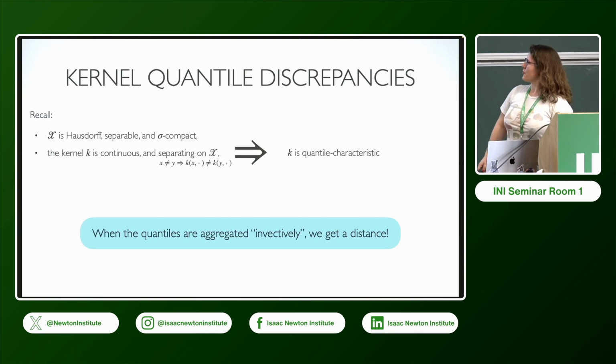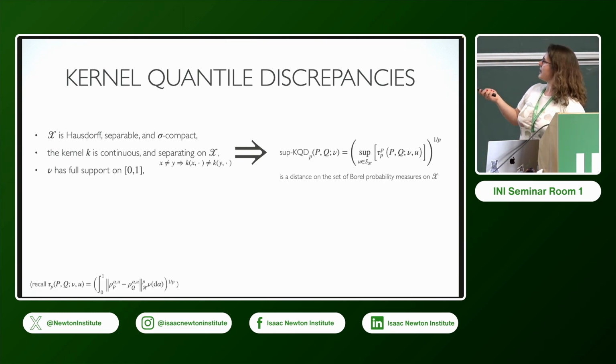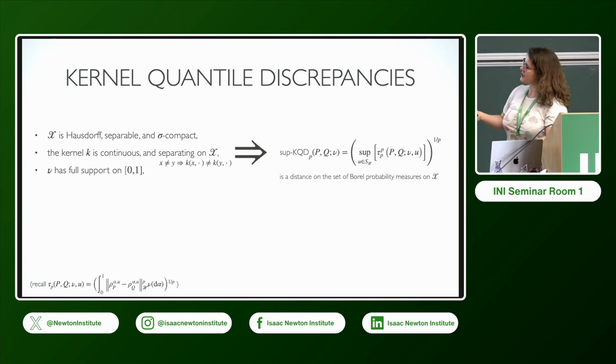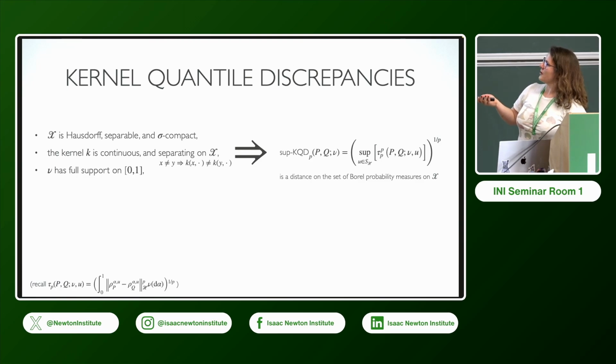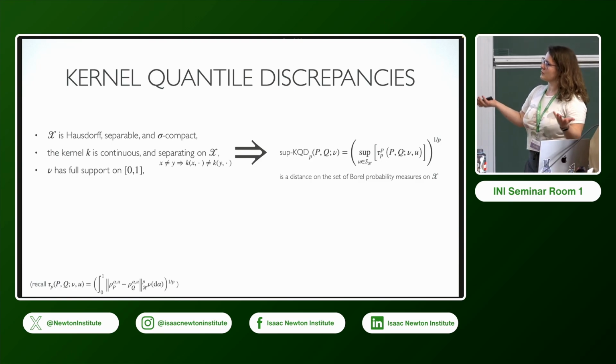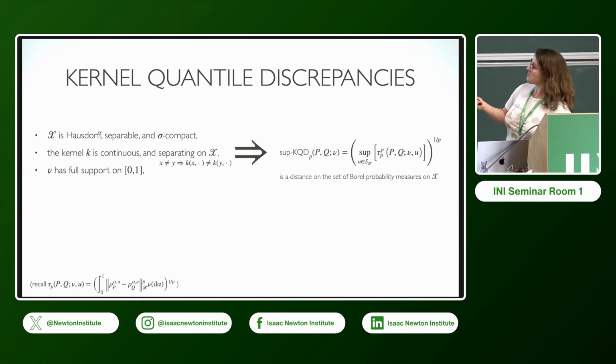And we can assure the injective aggregation for the supremum distance, provided nu, the measure over quantiles here, has full support in 0, 1. Intuitively, this is clear because if nu didn't have full support over 0, 1, it would be dropping some of the quantiles. So even if K is quantile characteristic, we just lost some of the quantiles, so what good does it do? So provided we don't lose any of the quantiles, meaning nu has full support in 0, 1,